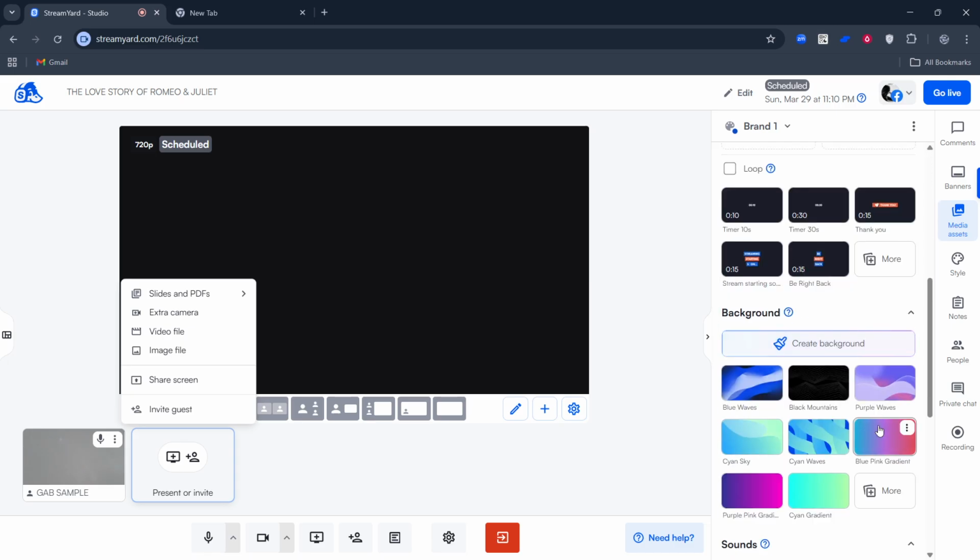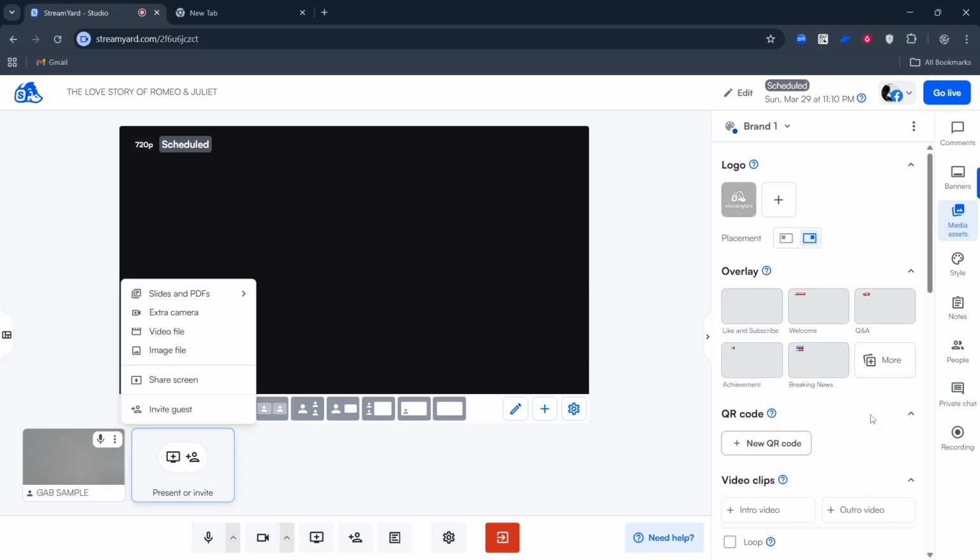That's it. Log in and open your studio, pick your primary camera in Settings, and add an extra camera through Present when you need a second angle. Do a quick test recording to confirm everything looks and sounds great, and you'll be ready to stream with smooth, professional camera switches.